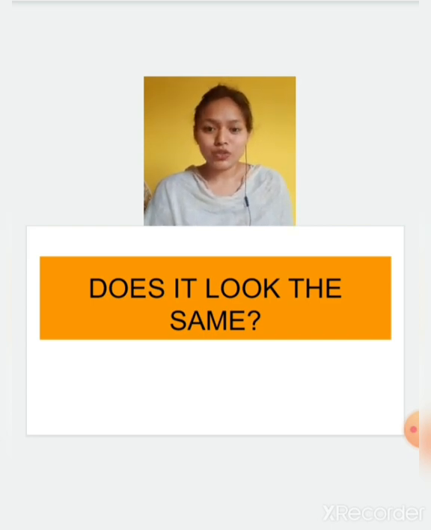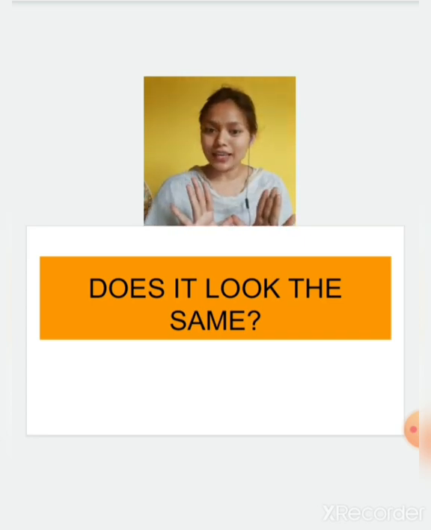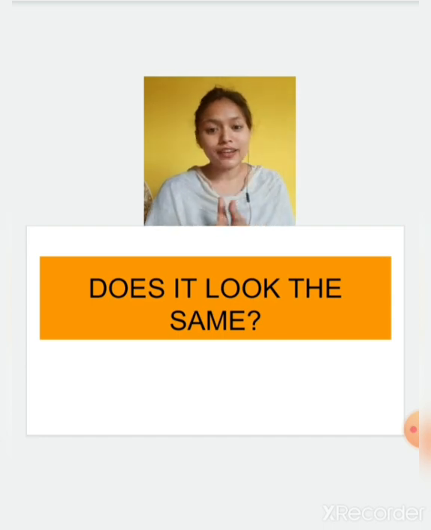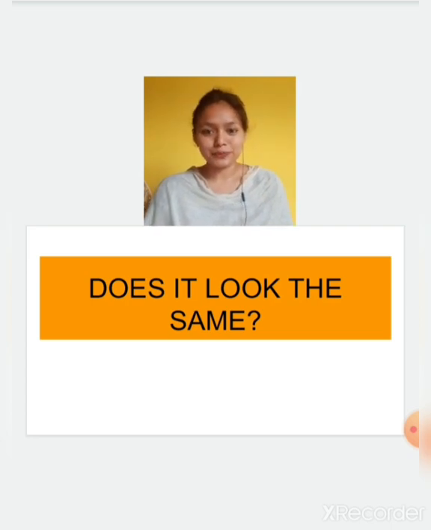So in the previous video we studied about mirror images and symmetrical images. We studied that when two images look exactly the same when a center line, a mirror line, is drawn between them, they are known as symmetrical images or mirror images of each other. Now today we will study what happens when we rotate some objects: do they look the same or not?